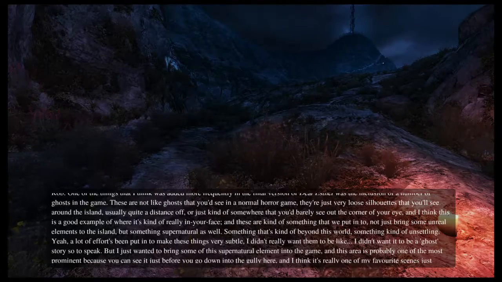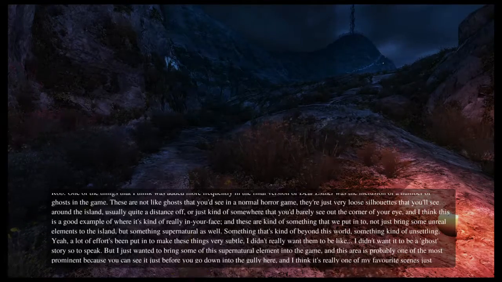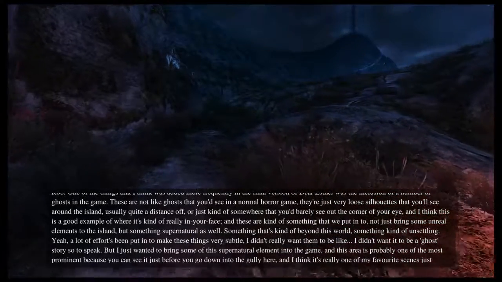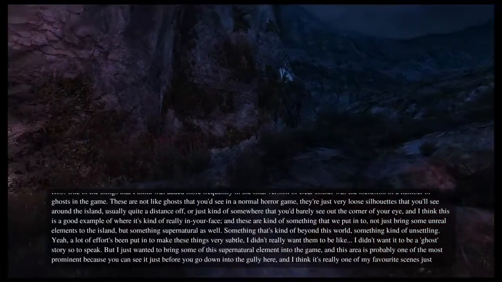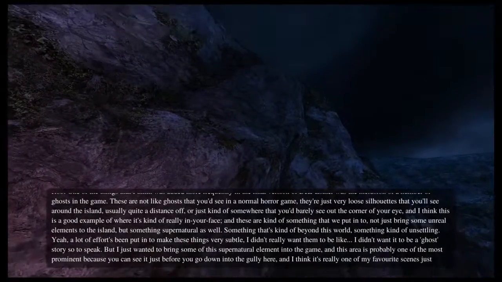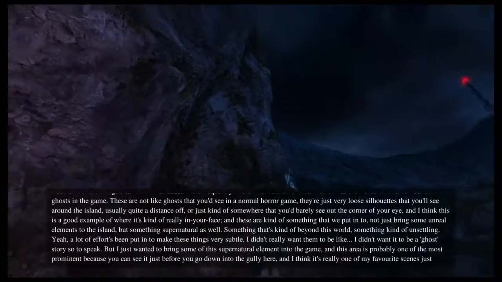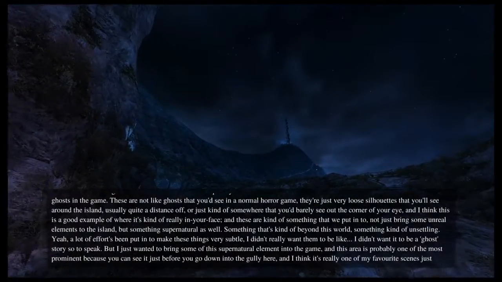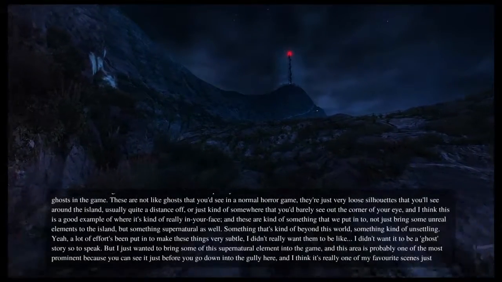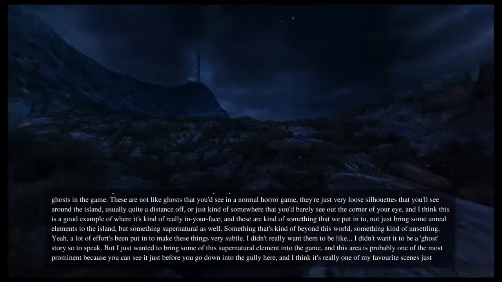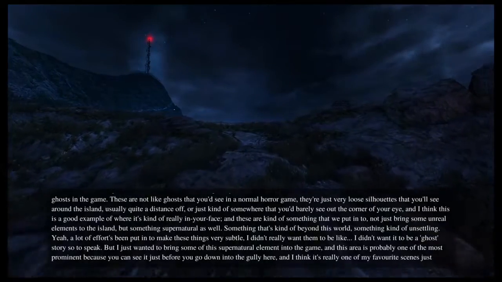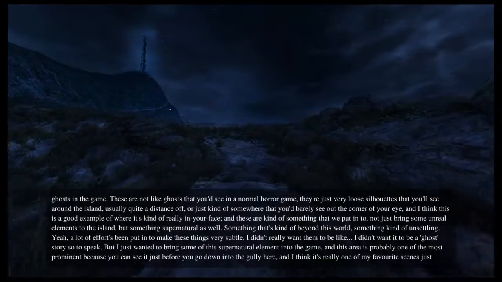We put them in to bring not just some unreal elements to the island, but something supernatural as well, something beyond this world, something unsettling.